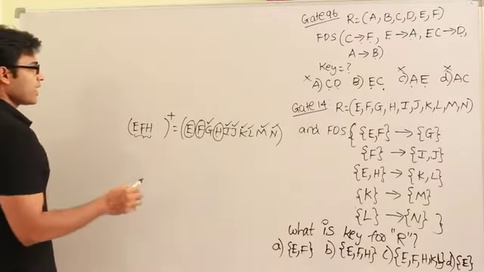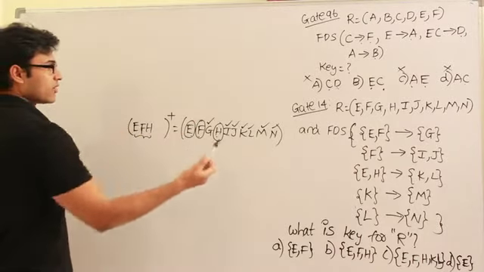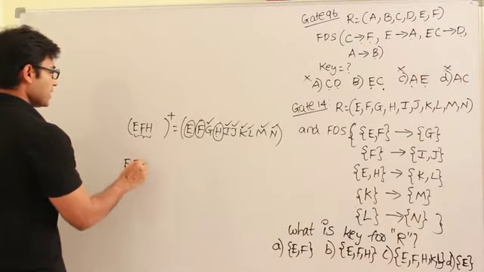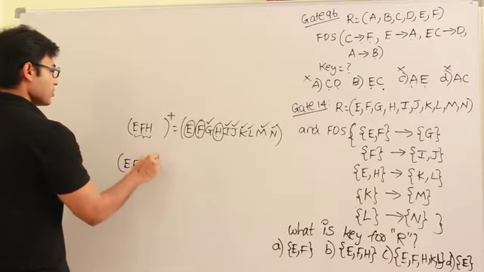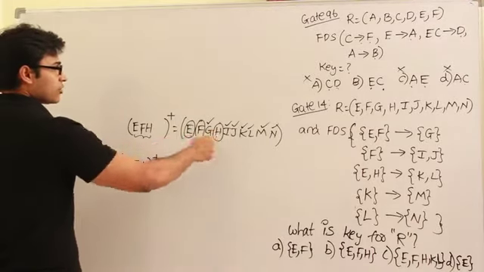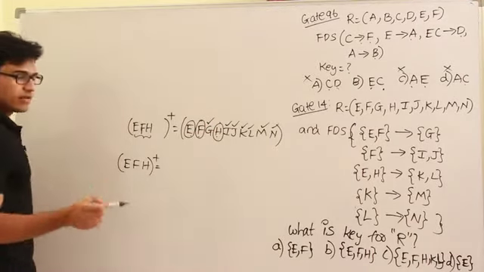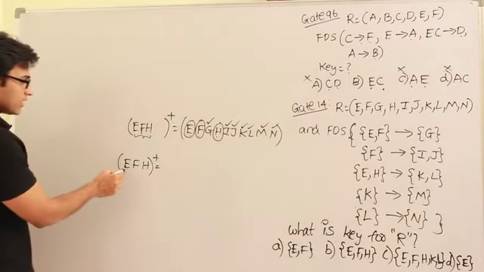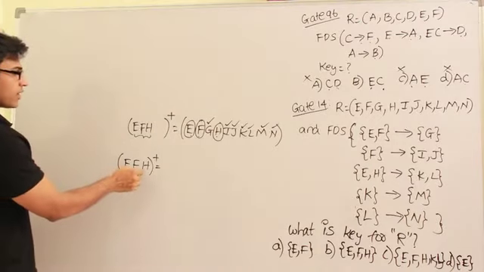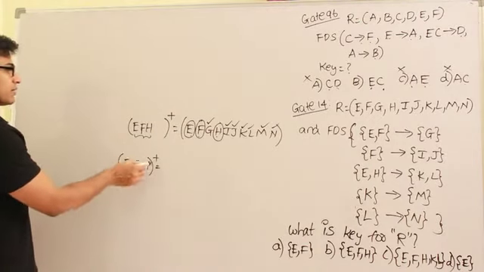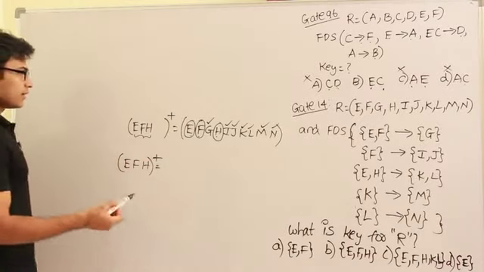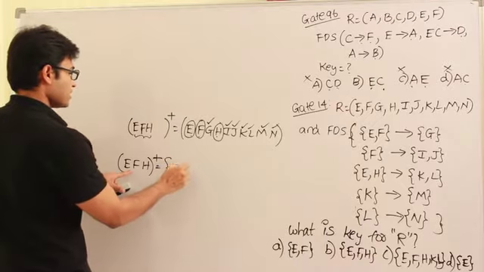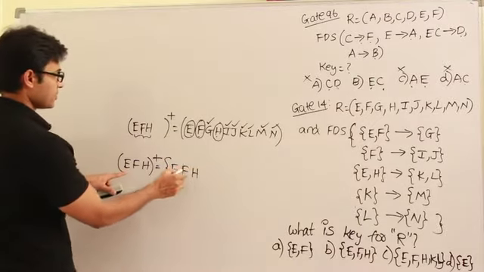Let me see only by having E, F and H if I will be able to derive all of them, right? So let me check that, which means I want to see only by having E, F, H as the key if it is possible to derive all of them. In case if I am able to derive all of them using only E, F, H, then definitely E, F, H is going to be the candidate key. Why? Because you cannot delete either E or F or H. Therefore this is the minimal key, so it will be the candidate key, right? Now let's see what happens if I have E, F and H. So one thing is, by having E, F and H, I am already including E, F and H on the right hand side, right?